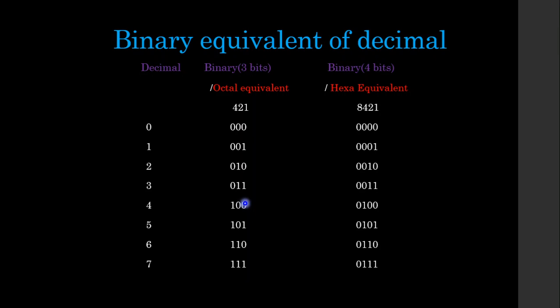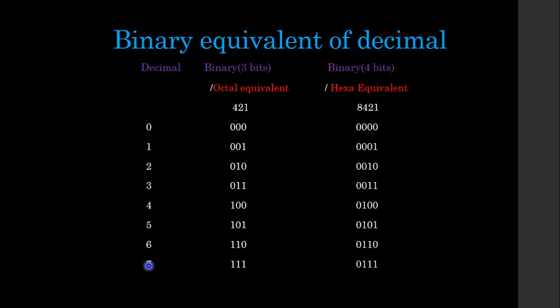The positions of 1 and 2 are 0 value. And then for 5 it is 4 plus 1, so fill the 4 and the 1 position, and then this second, that is the value 2 position, as 0. Then for 6 it is 4 plus 2, so fill up the 4 and 2 positions and then leave this as 0.